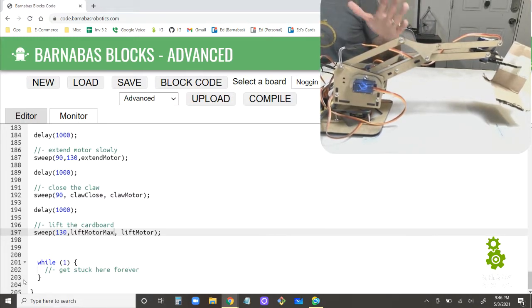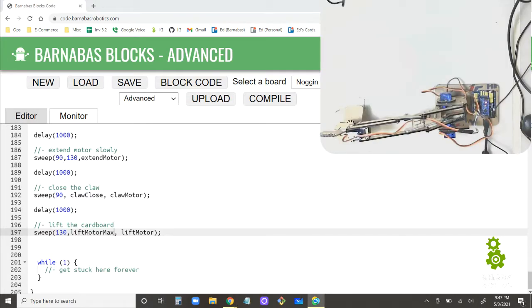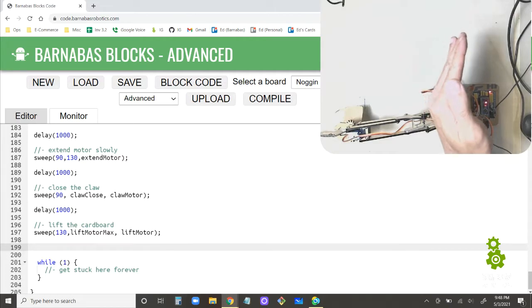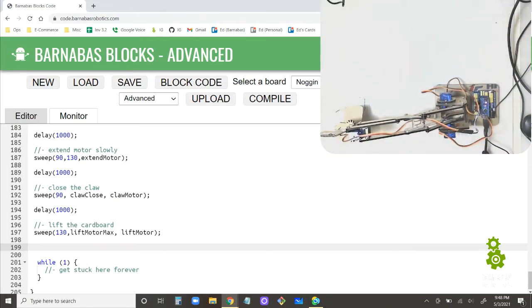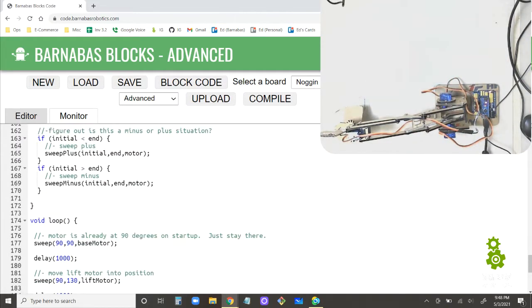So at this point, I'm going to switch back to the top view so that you can actually see the base motor bring it over to the final destination. All right, give me a second. All right, guys, so we're back to the top view here. So now what we want to do is sweep the motor to this position. And I think it's